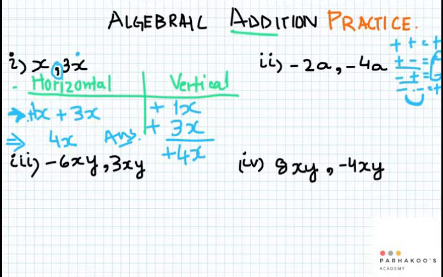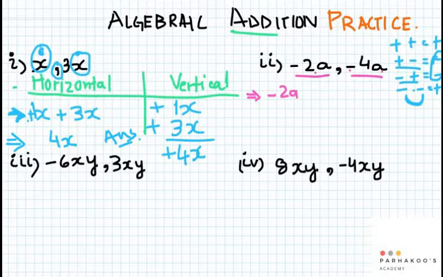Okay, the point to be noted here is that these two terms are similar, therefore we are adding them together. The variable is the same, so we can add them up. Now let's try this one: minus 2a minus 4a. So this is one term, this is the other term. Let's write them together. Minus 2a